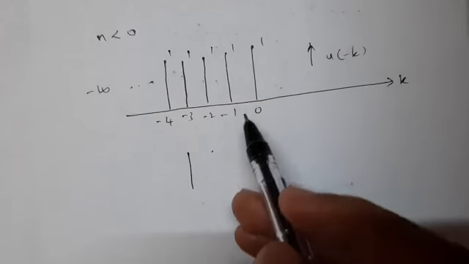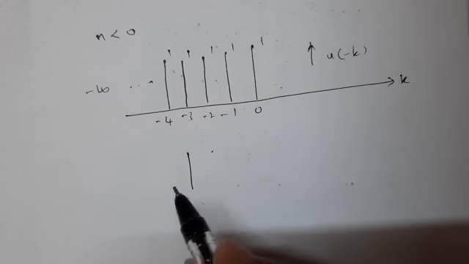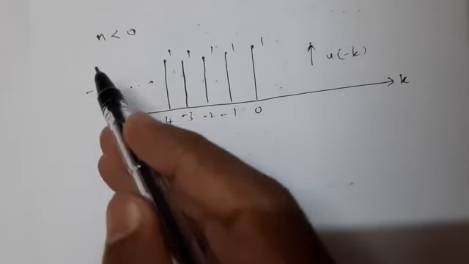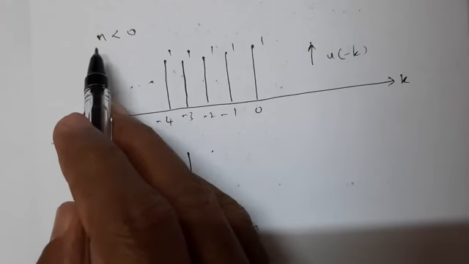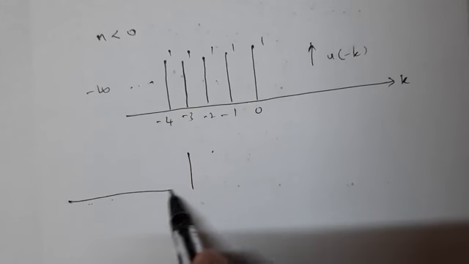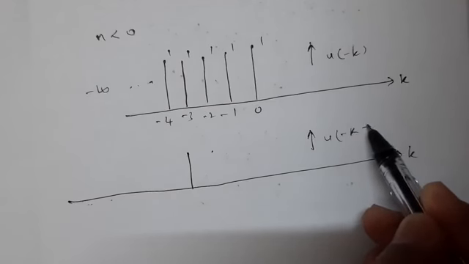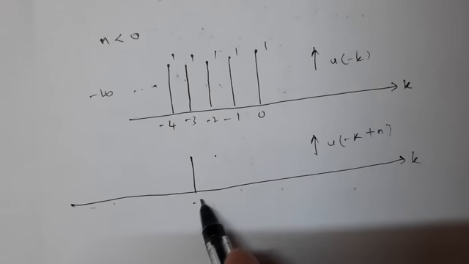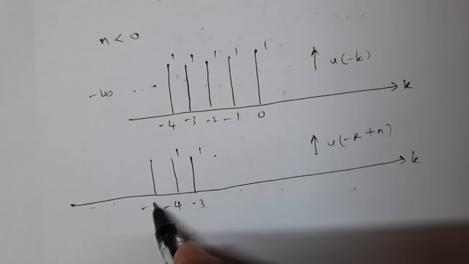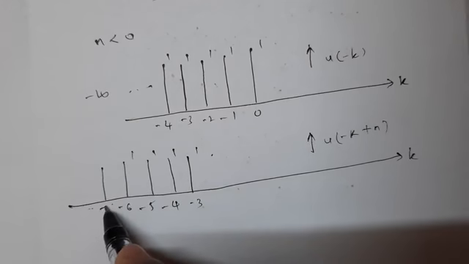Okay, so when n is less than 0, so u of minus k minus 1, u of minus k minus 3, u of minus k minus 10, because n is less than 0. I will try to assume a value less than 0, either minus 1, minus 2 and so on. Now I will consider this as u of minus k plus n with n less than 0. I will consider the n value as minus 3 for our understanding. Minus 5, minus 6 and so on, minus 7